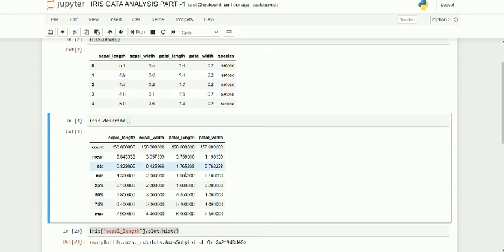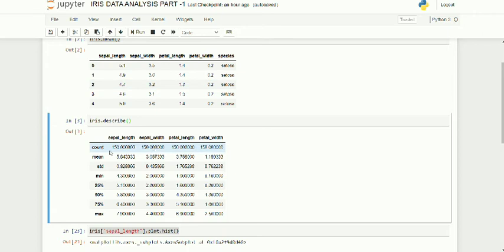These are described here in the statistics part. And if you see, there is species in iris head, but it vanishes in describe because it is not a numerical value. So you can see here in the first row count is there, meaning we have a total of 150 data points in this data set.